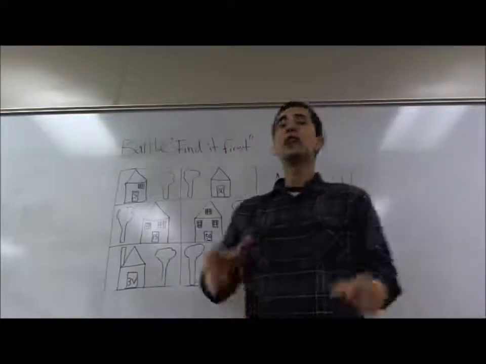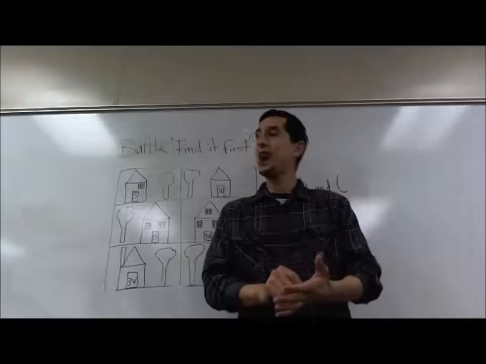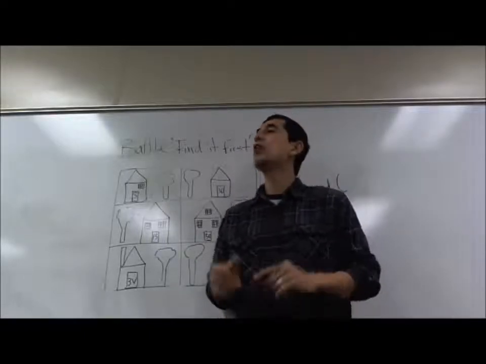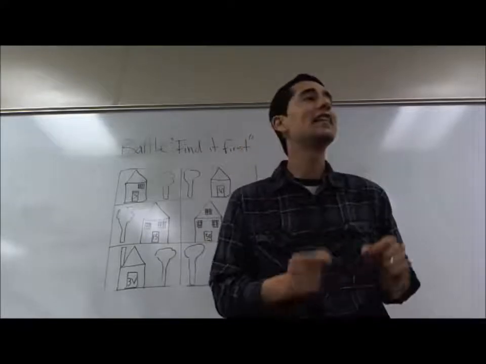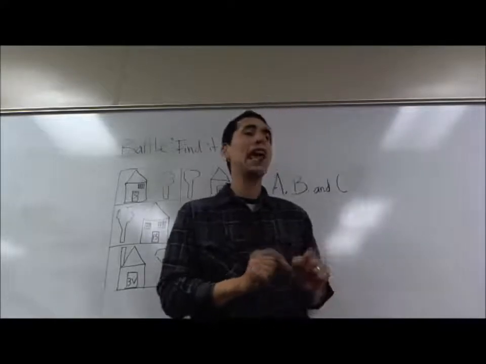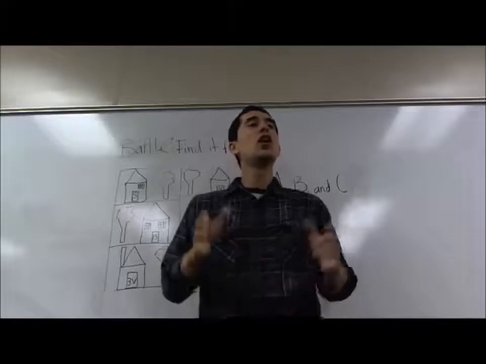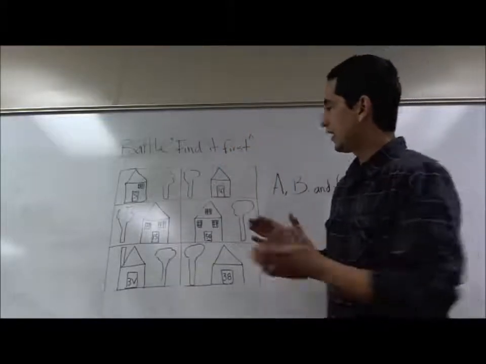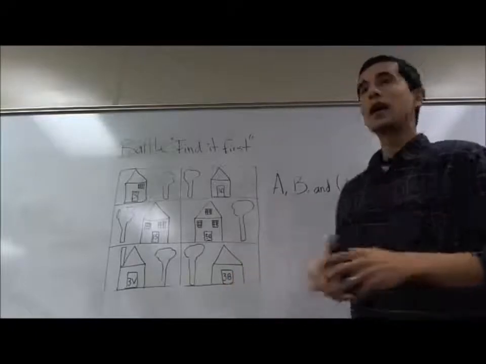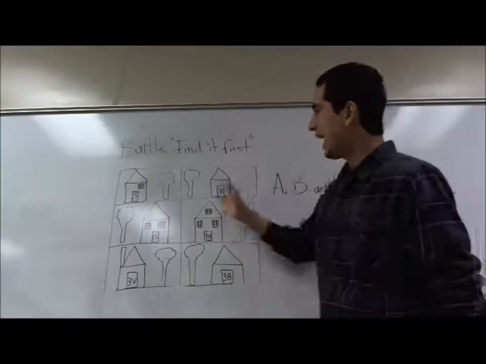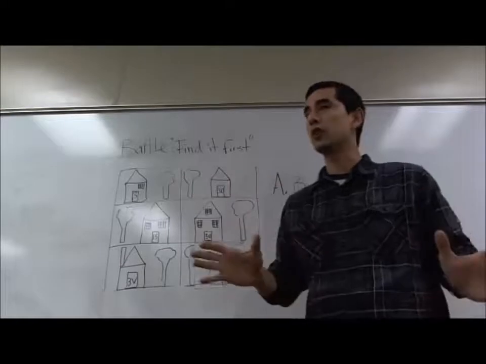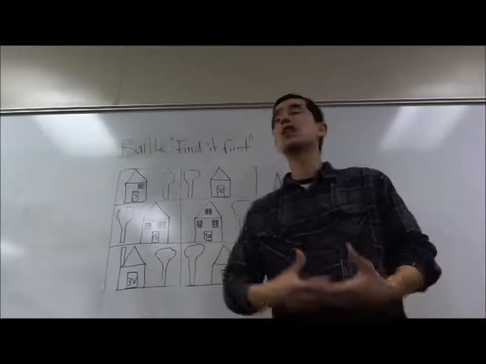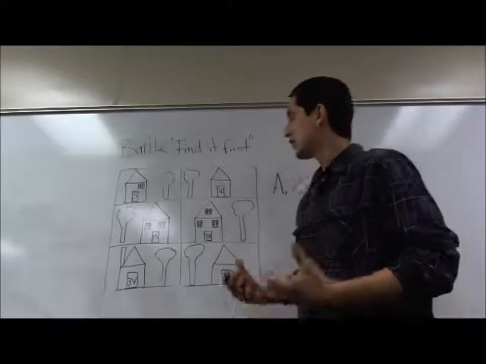Now, student A will pick the house, and student B and C will try to guess that house that student A has picked. For example, now, let's say that student A has picked any of these houses. We don't know which one. Student B and C will ask as many questions as they can. For instance,